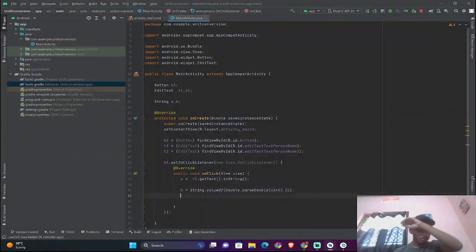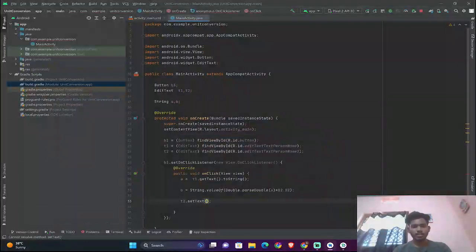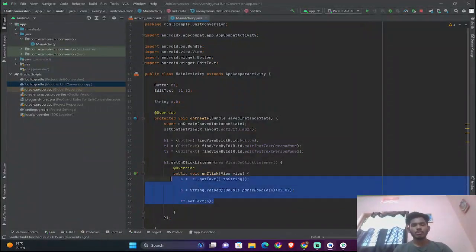Yeah, now we have the B value. Now we have to set that B value to our rupees text. So when the button is clicked, we are performing these simple operations: getting a value into one variable, converting that value into rupees, and setting it back to display.